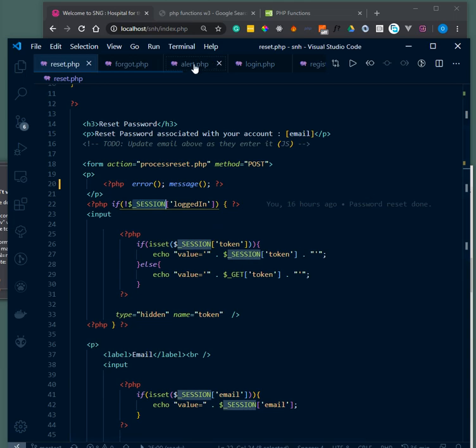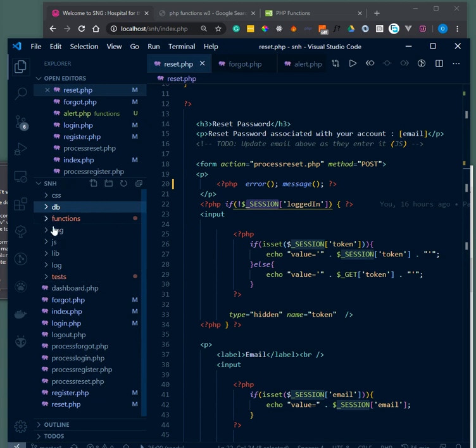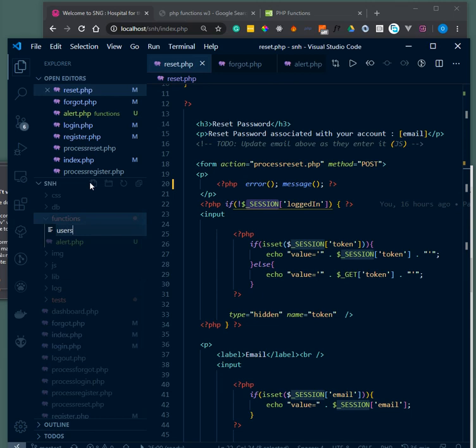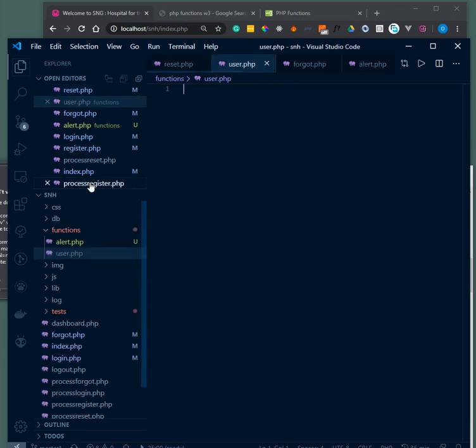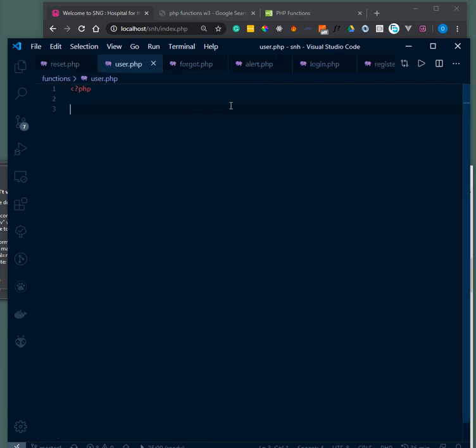I'm going to create another file for that. I'll call it users. So anything user related, where functions are, I'm going to have it there. So users, and then have my PHP tag. Now, what I want to do is to say is user logged in,